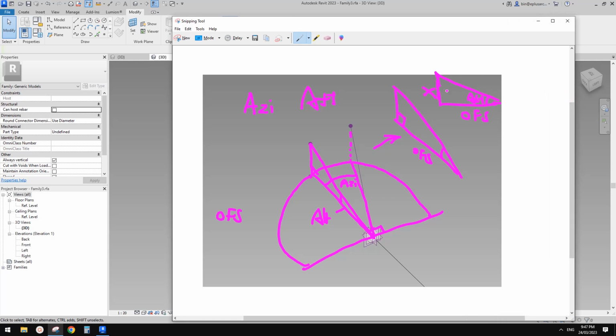From these two, I know tangent ALT equals X divided by OFS. So X equals tangent ALT times OFS. Okay, so we can get this, and then once we get this, we also need to get